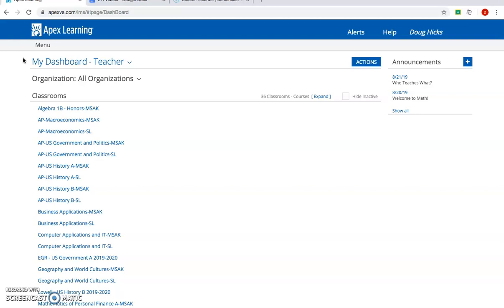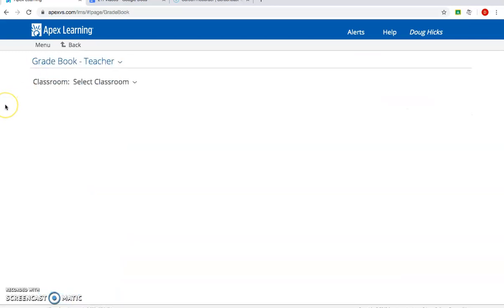Now, I'm in a teacher account here. It's going to be a little different than your mentor account. But nonetheless, you want to navigate, and you'll probably have a menu button like they have up here. If you click menu and go into gradebook, it should kick you into this page here with some drop down arrows. And as you see, I can switch from teacher to mentor. I don't have any classes in the mentor part, so I will show you from a teacher side, but it